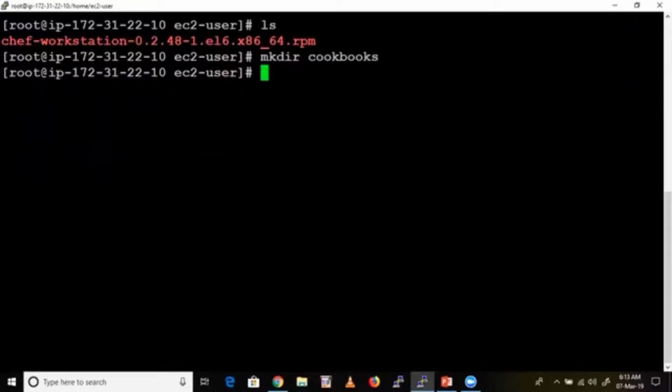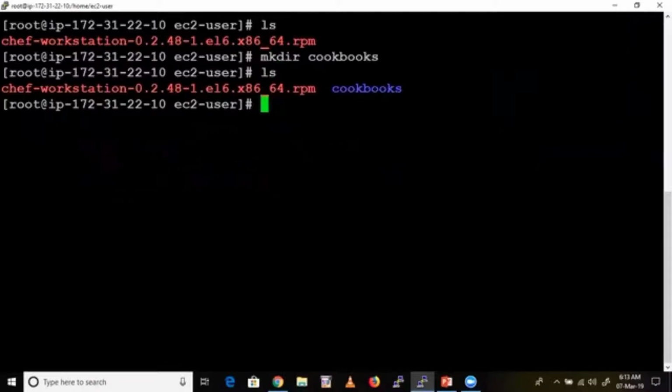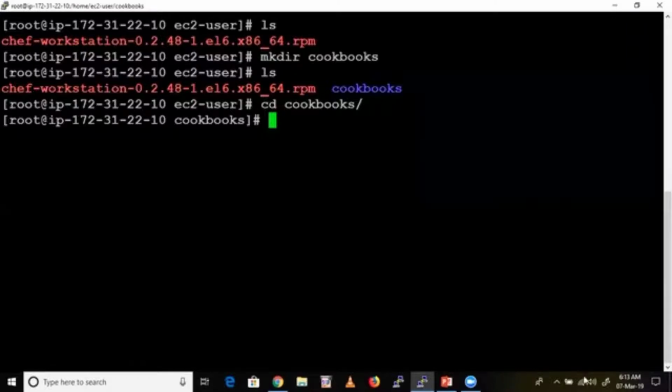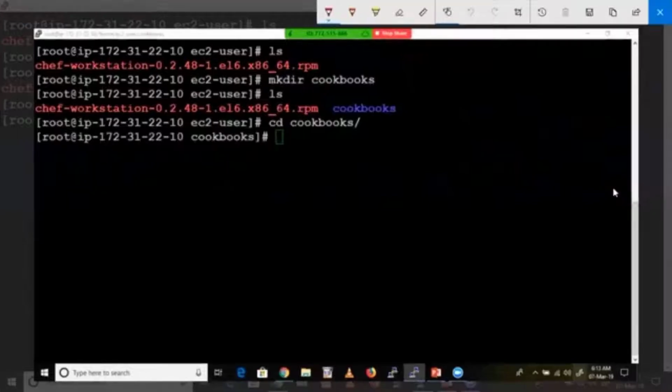It's a blank folder, just a folder. Let's go inside this cookbooks folder. I'm going to place all the cookbooks I write inside this cookbooks folder.